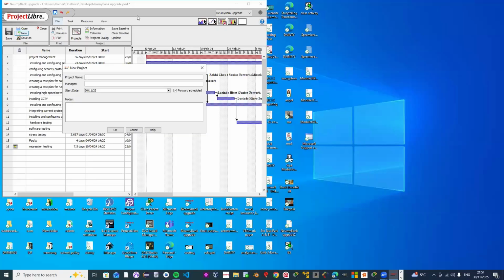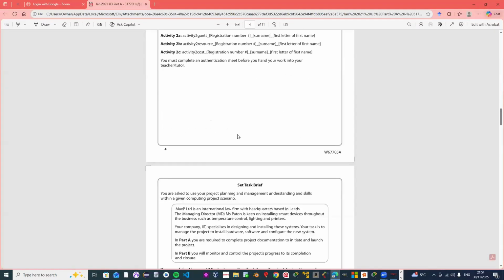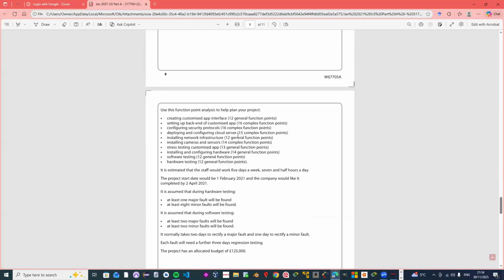We're going to look at the set task brief. All right, let us look at the set task brief. It's a 2021. All right, we're just going to skip through and go to where we have the aim or the task, the functional point analysis for the task, because this is actually what's going to go on your